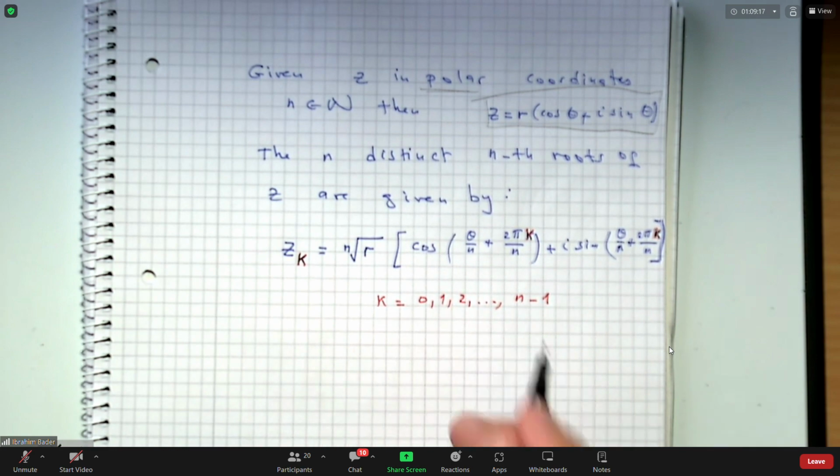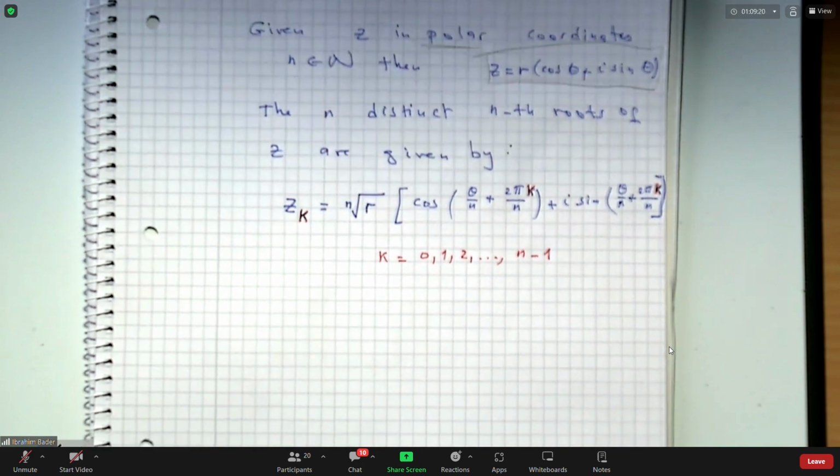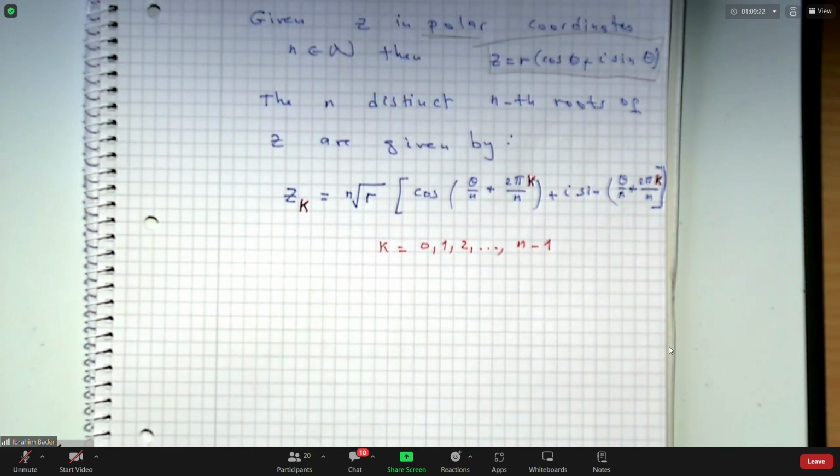So these are n values. Any question? We will solve an example in short. But before that,